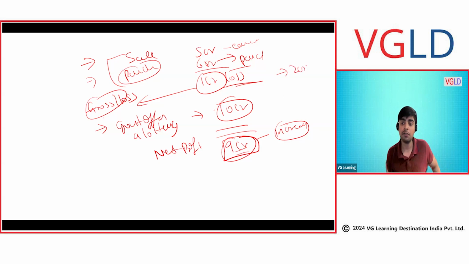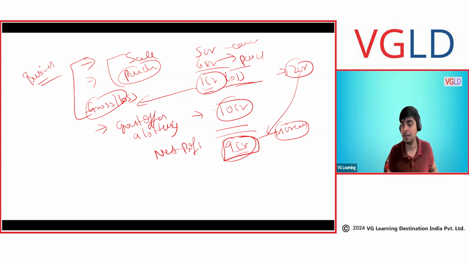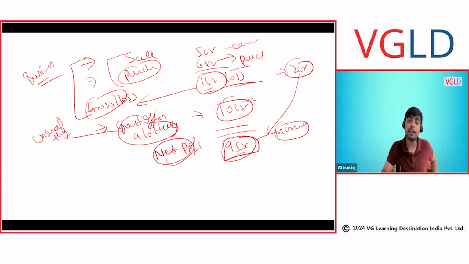Last year, the company made a profit of 2 crore and now the company is making 9 crore. What a good business. But no, it's not. If you look at the business, it made a loss. The business suffered, but the company made a profit. How? Because there was some unusual thing. So when we talk about net profit, it includes everything else. But when we talk about trading profit or gross profit or gross loss, it basically includes only business income, business loss. Clear, Savrit?